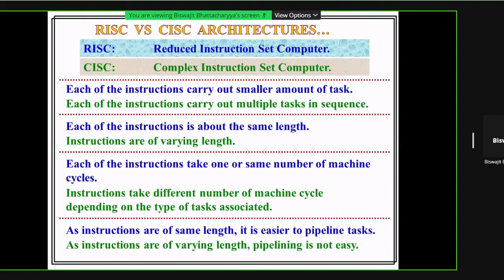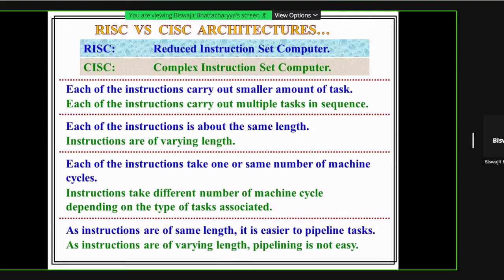So that is, each instruction in CISC carries out multiple tasks in sequence. Obviously, for RISC, as each instruction is handling a simpler type of job, they have almost the same length. The duration of execution of instructions is almost the same in RISC. In CISC, instructions may have a lot of variation, and different types of complicated tasks are handled by instructions.